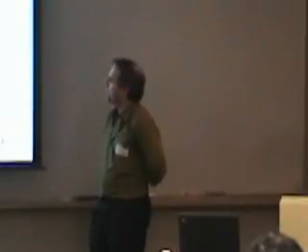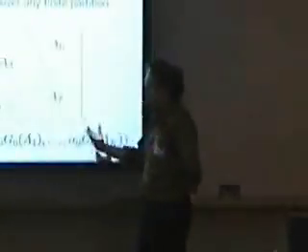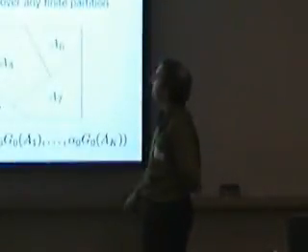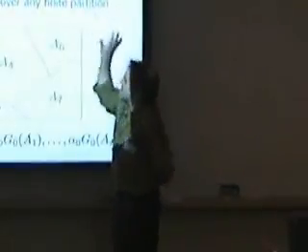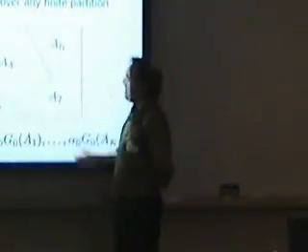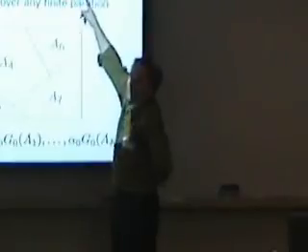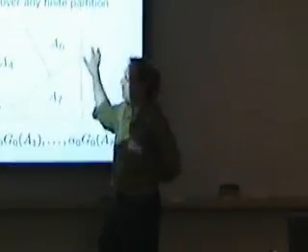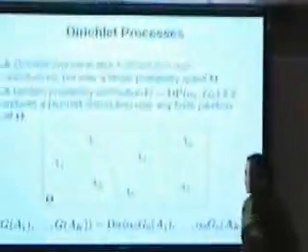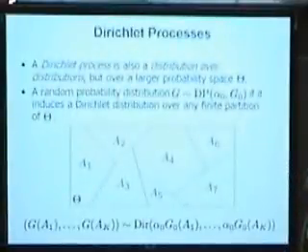So I have some measure space here. That's the space we're on. I can put various measures on that space. In particular, G0 is going to be some probability distribution on this space. This could be a Gaussian, for example. For concreteness, let's let G0 be, say, a Gaussian on this space. Now I'm going to set up a notion of a measure on measures, or a distribution on distributions, in the usual way you do with things like Gaussian processes, by Kolmogorov's axioms.